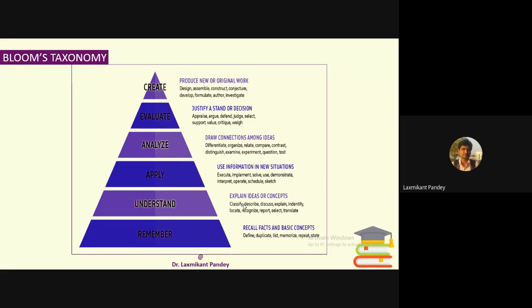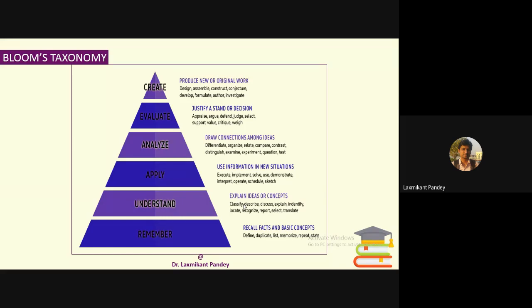Whatever I'm teaching is not only for information, like students getting information that this topic is for this and that. It is not only a way of teaching. The main thing is that behind any topic you are teaching, at last the topic or course should create some sort of concrete product. That means